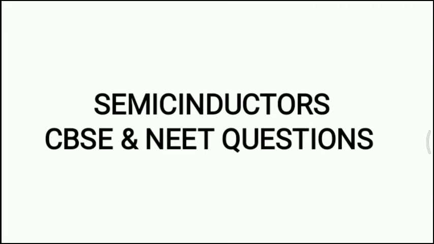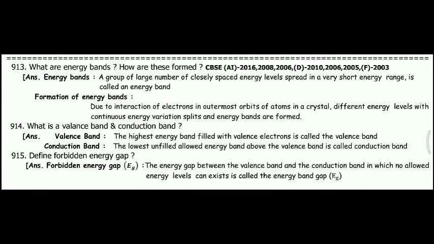Okay, so the chapter semiconductor, we still have small content, that is applications of PN junction diode. Half wave rectifier and full wave rectifier are completed. Still LED, light emitting diode, solar cell, and photodiode, three small subtopics, are there. I will explain tomorrow. Before that, I will explain previous CBSE and NEET questions, my children. Okay, see here, coming to CBSE questions.